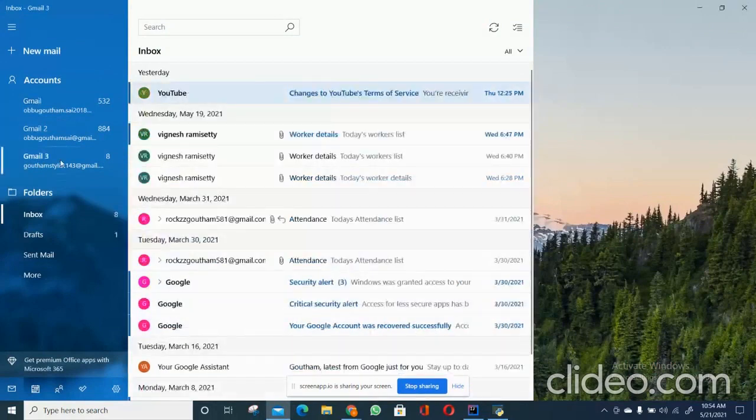This is the mail I gave. It is taking time to load.